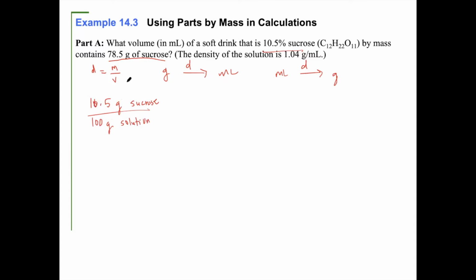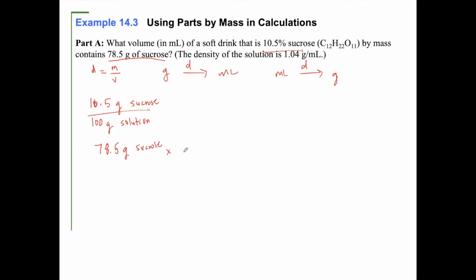That's the concept of a percent. 10.5% of 100 is 10.5. So why don't we use that percentage as a conversion factor too? So if we're starting with this 78.5 grams of sucrose,